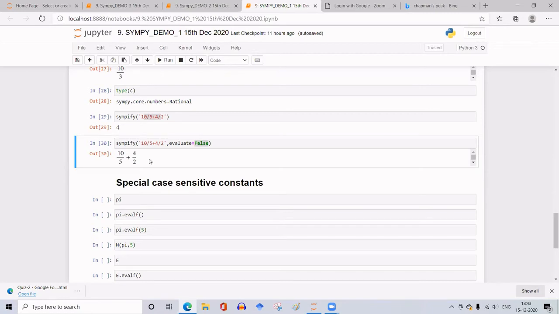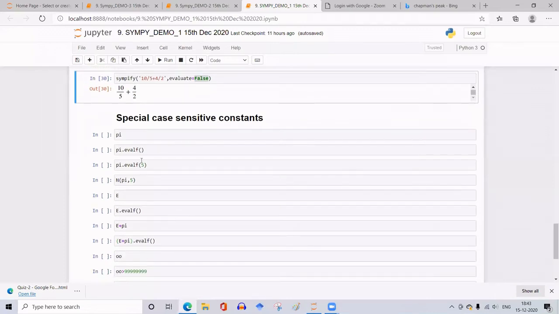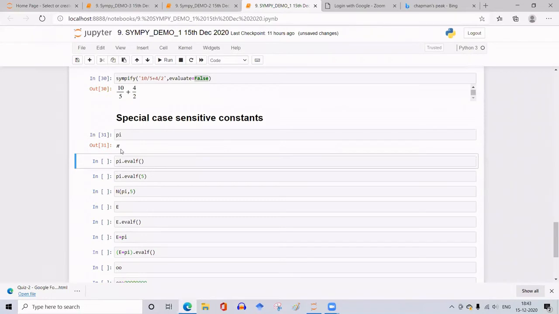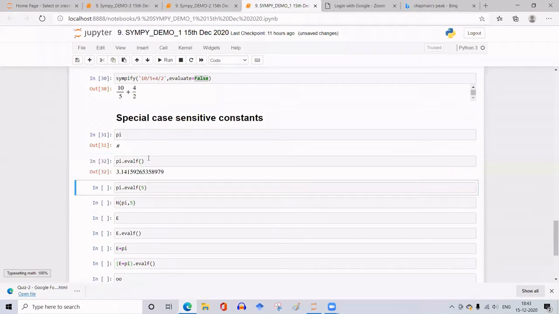Okay. So when you use variables here in SymPy, you must be careful. You should not use certain keywords that are meant for something else, like pi. Pi is for the 22 by 7 pi that we are familiar with, so you cannot use it as a variable name. And see, if I write pi and execute this, I'll get the pi in this symbolic form itself. That is because I'm taking this from the SymPy library. Okay. So if you evaluate this, pi.evalf, I get 3.1415 and so much.